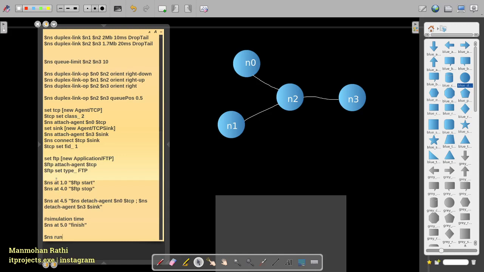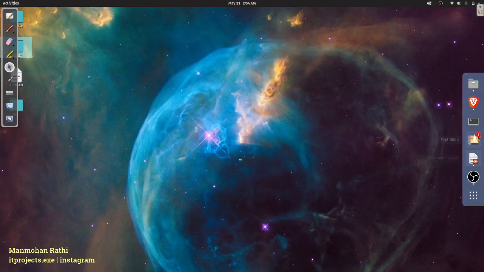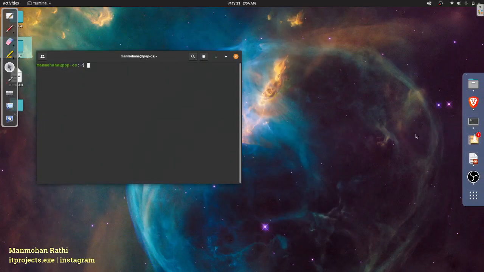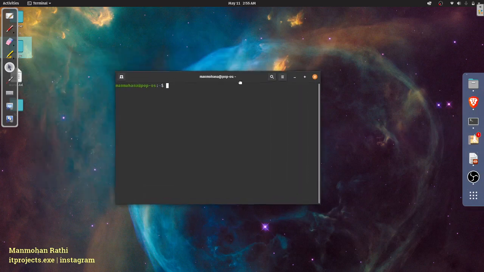Okay. So yeah, this is basically how the TCP program is, or how FTP is used over the TCP protocol, and this is the basic structure. We'll now run the program and see how it all works out. So let's first open up a terminal and go to the location where I have stored the program. I have stored it on my desktop.